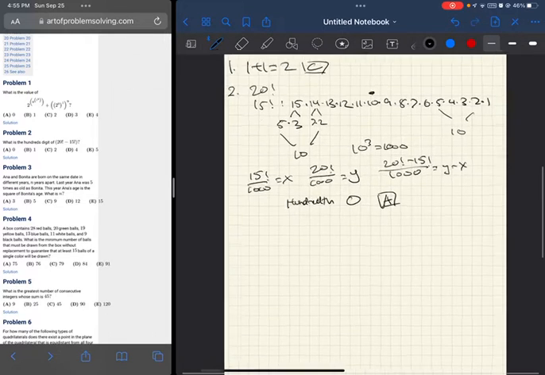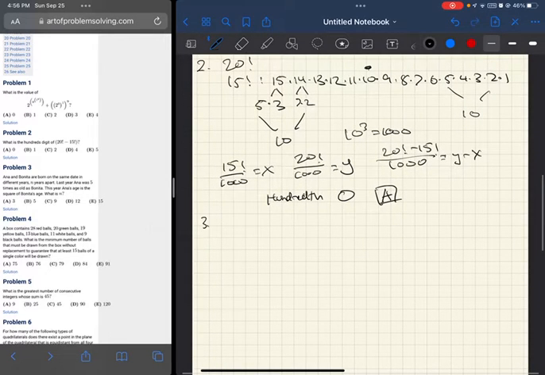Alright, question 3. Anna and Bonita are born on the same date in different years and years apart. Last year, Anna was 5 times as old as Bonita. This year, Anna's age is the square of Bonita's age. What is N? Alright, so if we take A for Anna, and we take B for Bonita, then we get